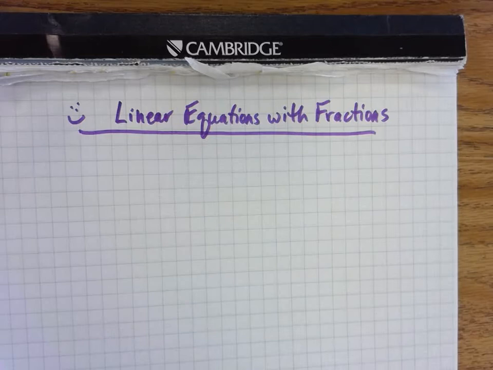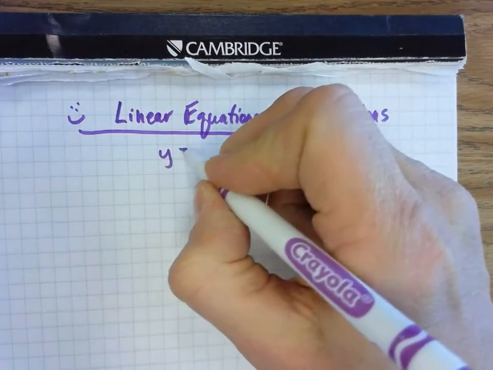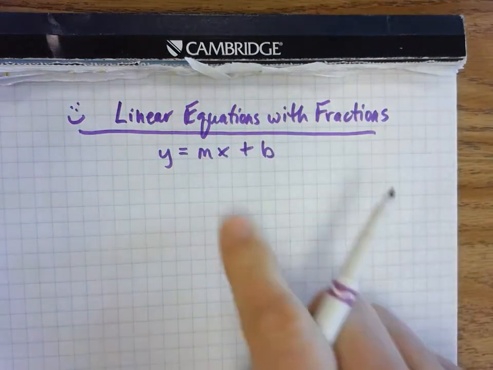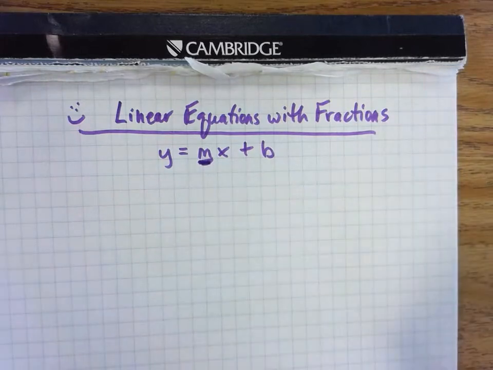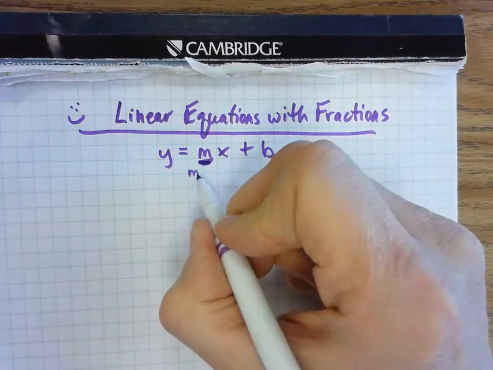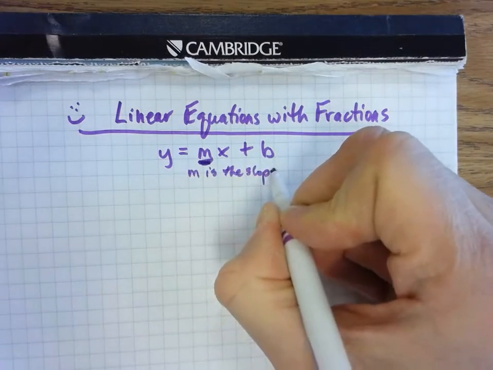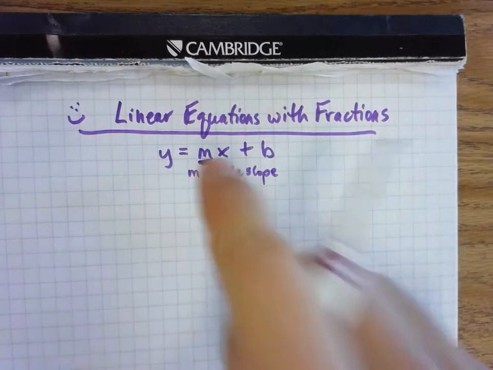So, as we talked about last time, our equation that we're going to continue to work towards is y equals mx plus b. Okay, we're heading toward that. And don't forget, don't be a dope. M is the slope, right? M is the slope. So whatever number is in front of the x right here, that tells you the slope